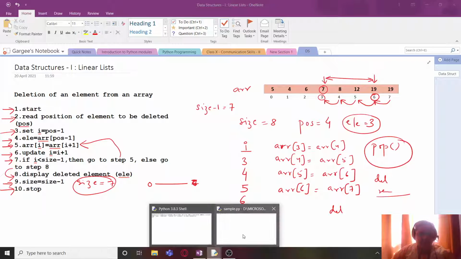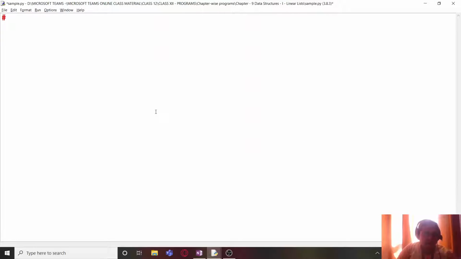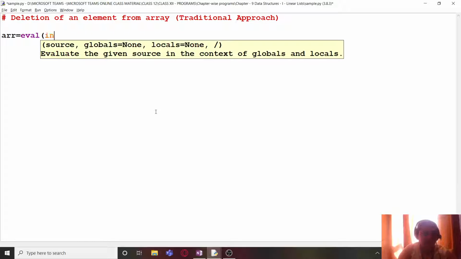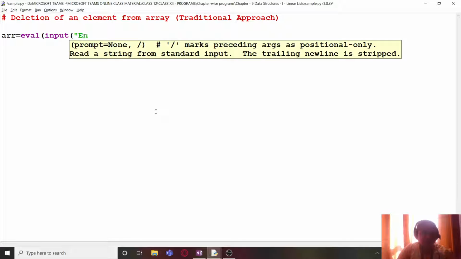Now let us write the program. So the program is deletion of an element from array using traditional approach. So the very first thing is we are going to take ARR and we will be asking the values from the user. Enter a list of elements.